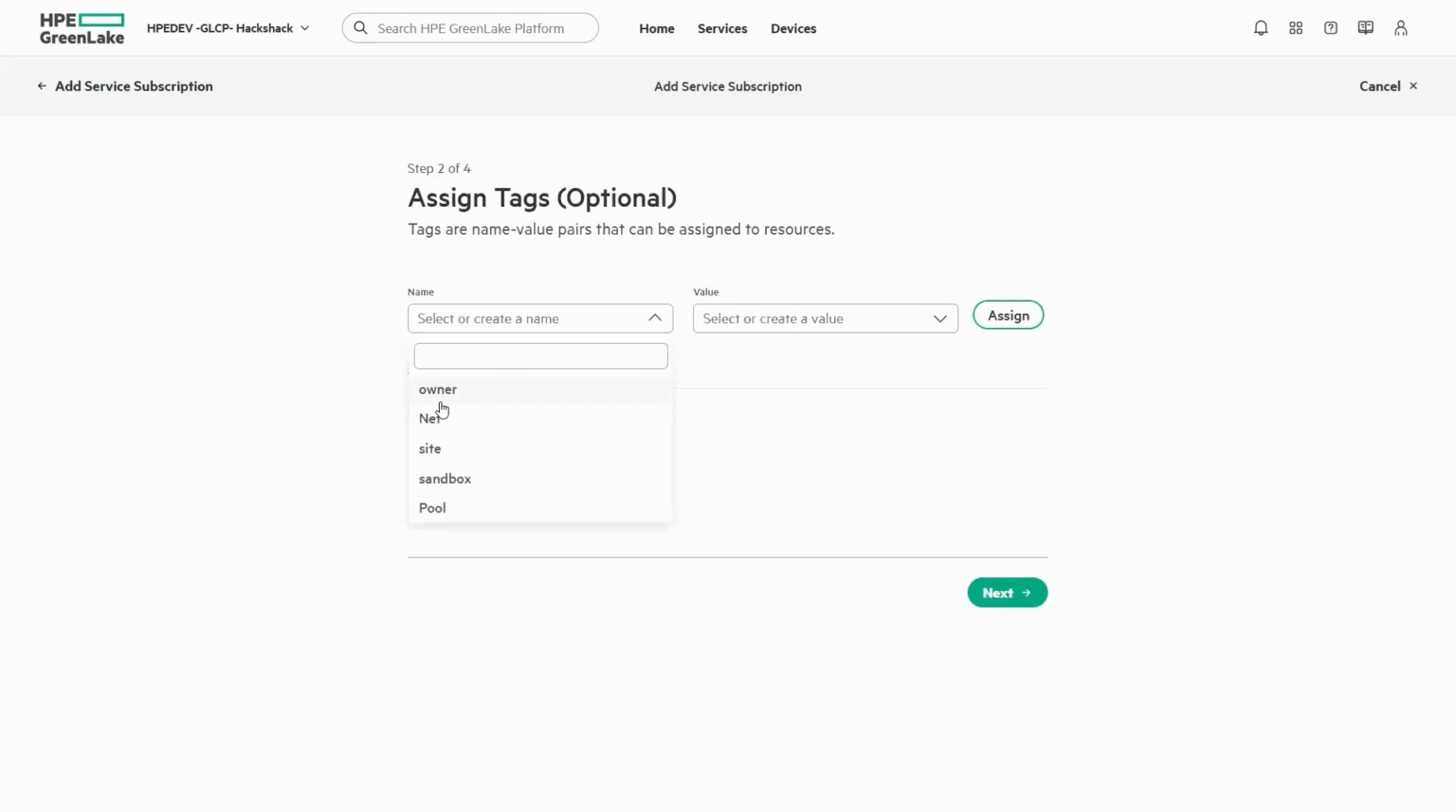In the next step, you can assign tags to the subscription key, or you can decide to manage tags later. Tags allow you to categorize resources based on purpose, owner, location, or other criteria. Here we assign an owner to the subscription key by clicking Assign